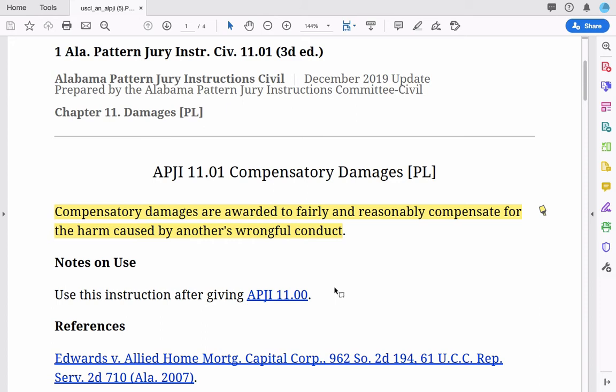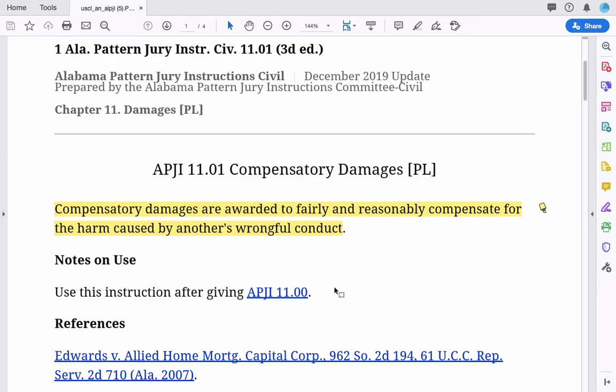If somebody said $4,000, that doesn't fully compensate you because you had $8,000 of loss. If somebody says $50,000, that's more than compensating you for your property damage. So $8,000 would be the correct compensatory amount for property damage. Keep in mind, property damage is just one small part of compensatory damages. I'm just using that as an example. So that's what compensatory damages are.